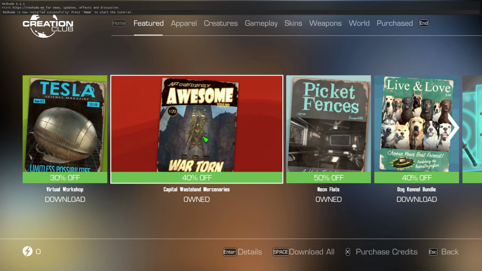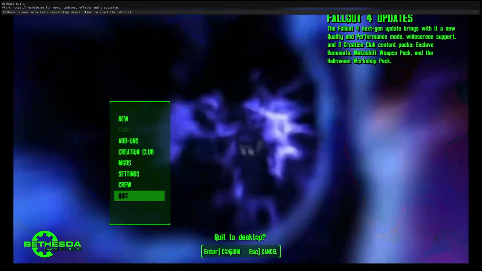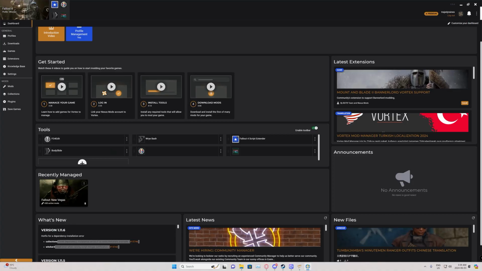Now, you may have noticed the load circles were going really, really quickly. That indicates to me that I got something wrong in Beth I. Basically, parts of the game are running at a high frame rate, other parts of the game are running at a normal frame rate, and it can only lead to disaster. Bethesda games cannot handle it. So we're going to go back into Beth I,